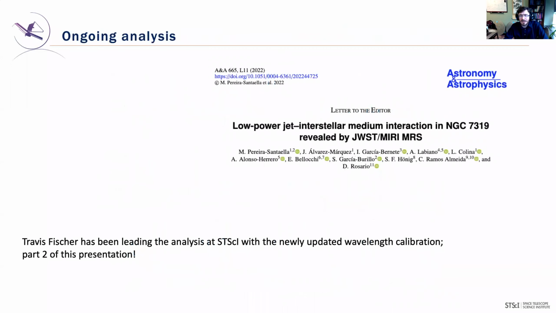those results. So this is the point in time when it tips over to Travis, really, because honestly, he's been the one leading all of the work that we've been doing at Space Telescope with this new calibration of data in the last few weeks or so. And that's part 2 of this presentation. I would be remiss, though, if I didn't also call out this lovely recent paper by Pereira Santaella and others. They're part of the MIRI science team in Europe, who've also done a lovely analysis of some of the early maps of the emission line gas from this object. But in order to hear more about what's been going on in the last few weeks, I will turn over to you, Travis.